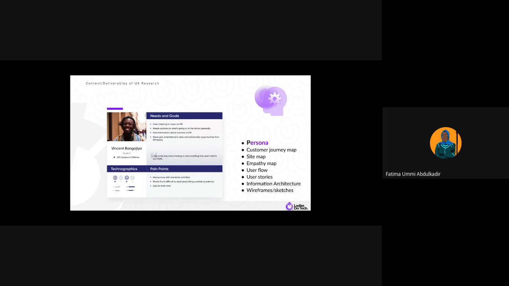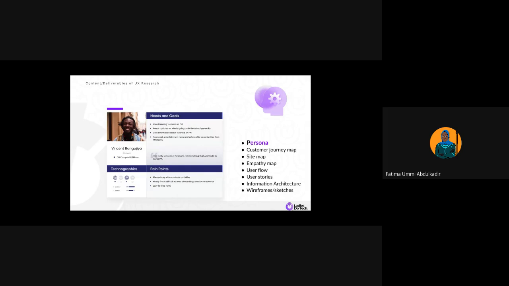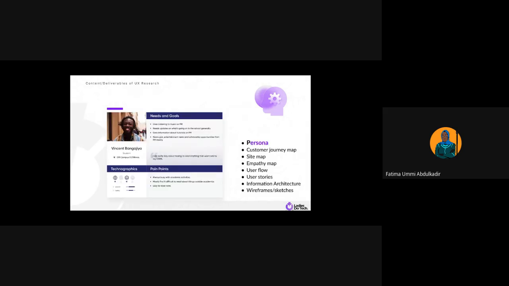We have empathy map, user flow, user stories, information architecture, wireframe sketches, and others I didn't mention here, like affinity mapping. I'm going to explain each of them one by one. Then if time permits, we'll be able to do other things.